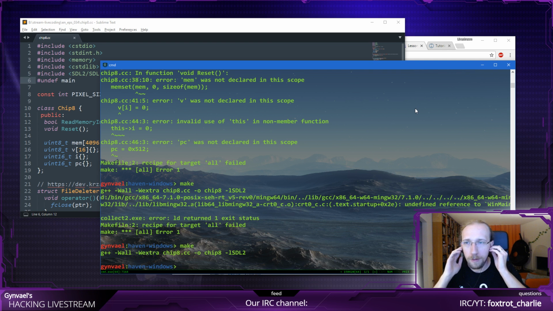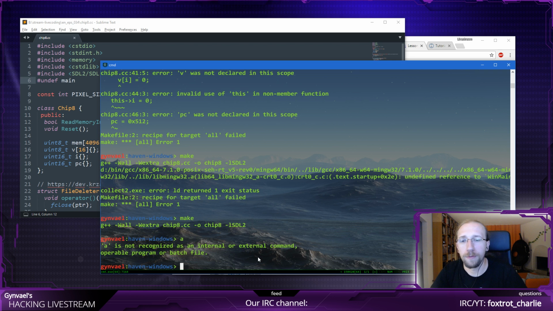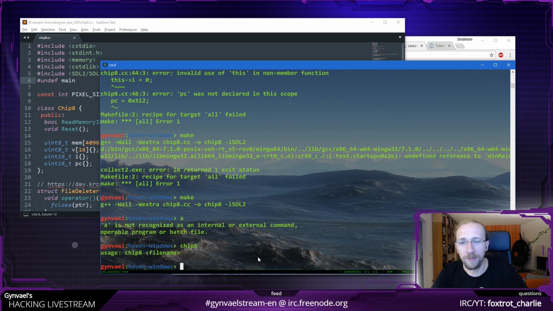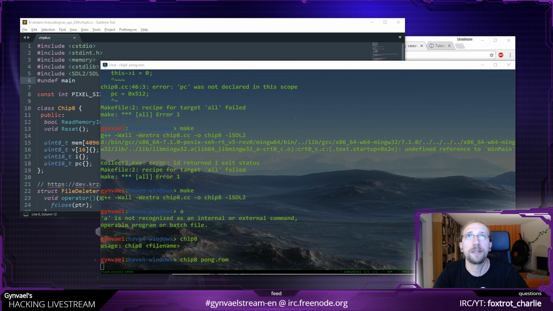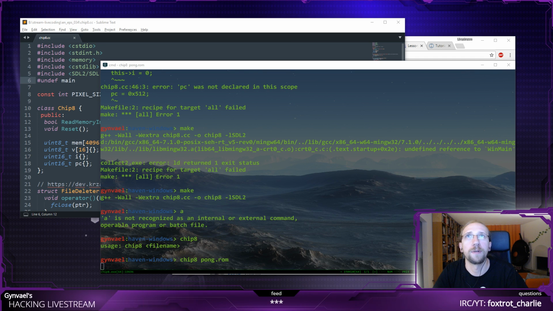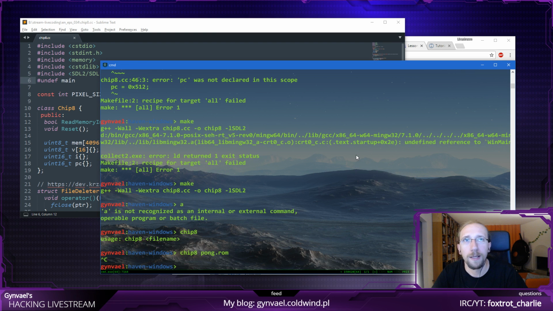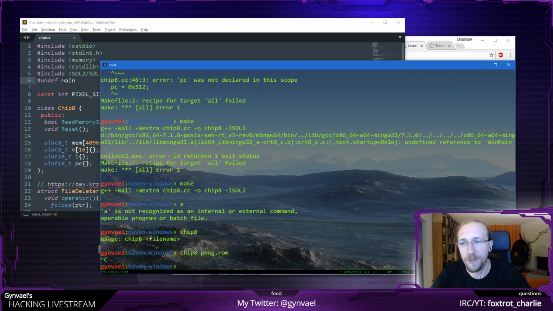Okay. So it compiles, now let's see if it runs. Oh, it actually has a name, it's not called a.out. And I need a file, so the file is pong.rom, and yes, it did create a window, and the window is on my top screen, and you cannot see it, and I cannot move it because I'm not handling events. If I were handling events, then you would see the window as well.